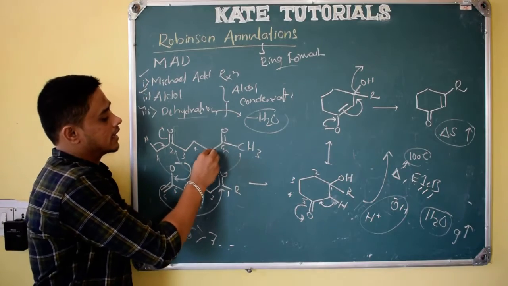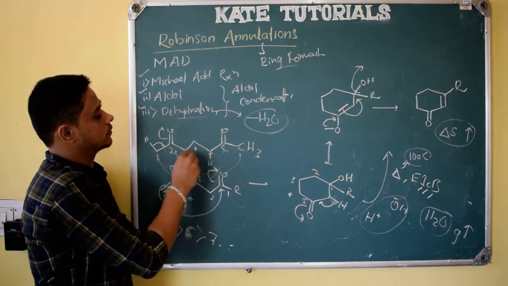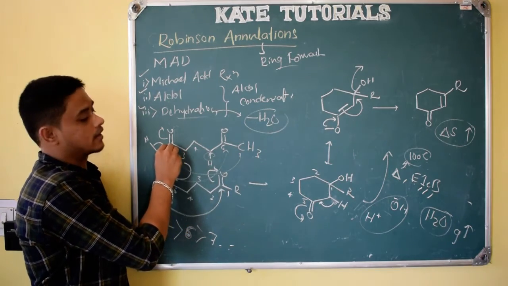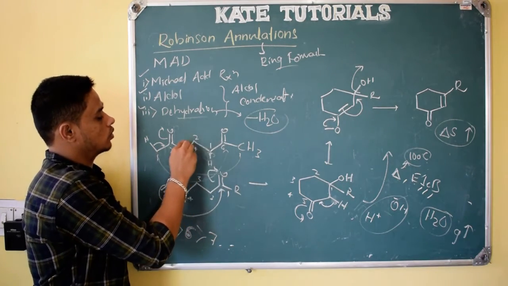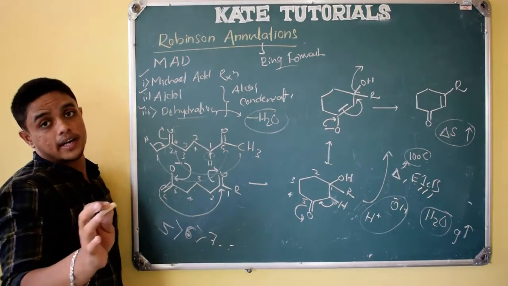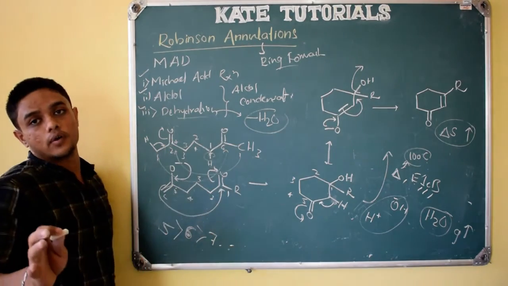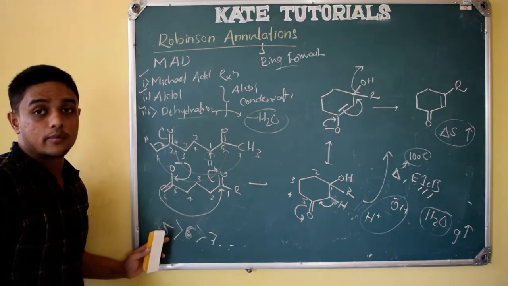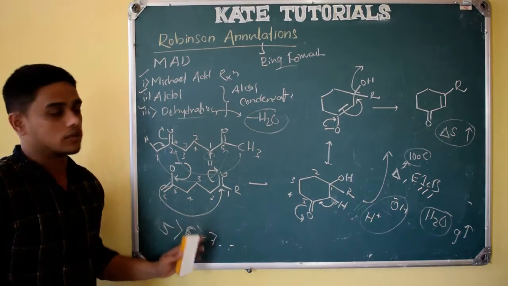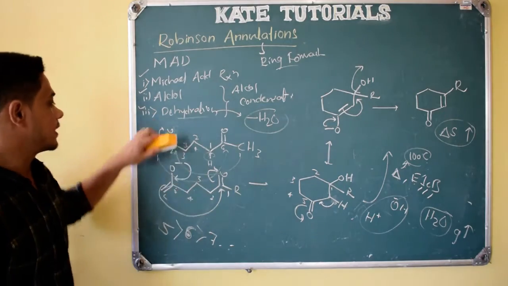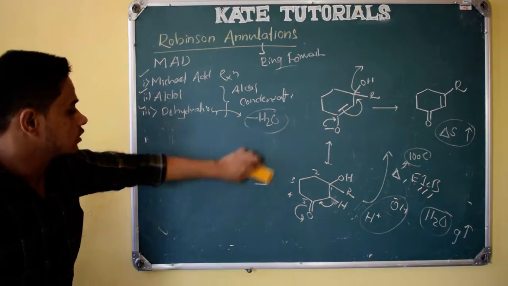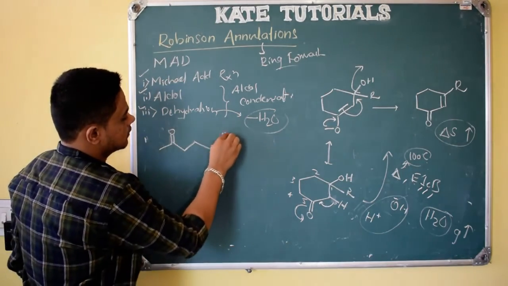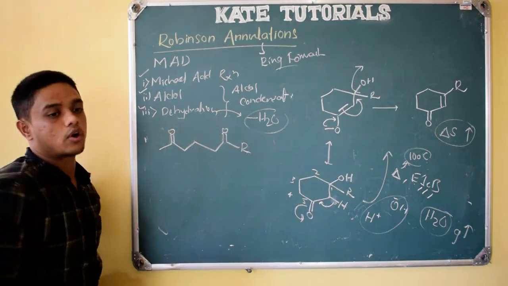You may ask, here also a proton is there, so why can't we form a bond between this allylic carbon and this carbon? The problem is 1, 2, 3, 4: a 4-membered ring would form. 4-membered rings are unfavorable because they are highly strained. So 5-membered rings are thermodynamically stable, followed by 6 and 7, and we see that only these rings can be formed. And I also give you a structure like this, where R should not be a methyl group.